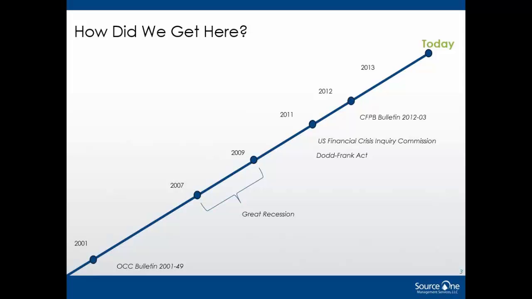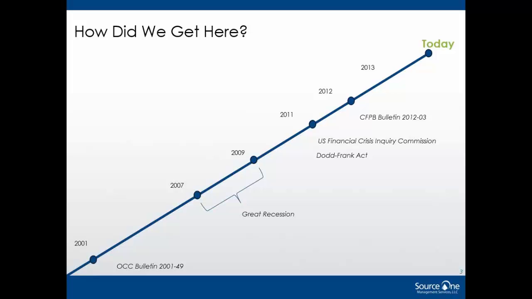One of the big ones that came out was the CFPB bulletin, which I'll talk about in a minute, which gives banks and non-banks protocols for managing service providers. The other one came out in October of just last year: the OCC bulletin, which gives banks and FSAs clear instructions on managing third-party relationships. And so today what we're seeing is banks have programs in place and are tackling this in a variety of ways depending on their size.